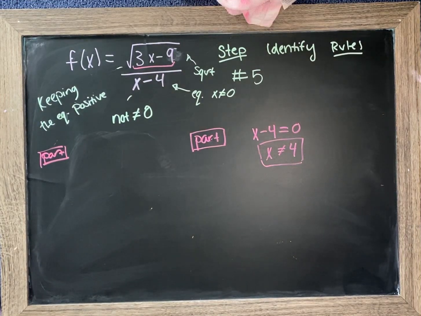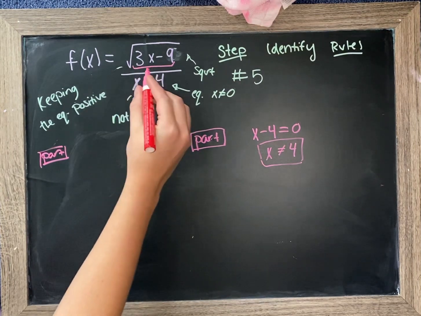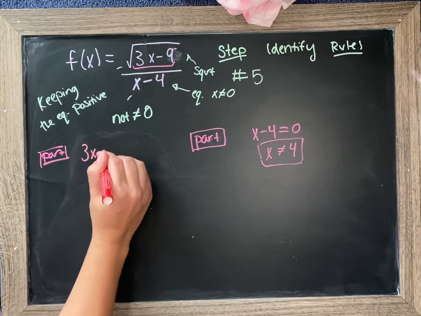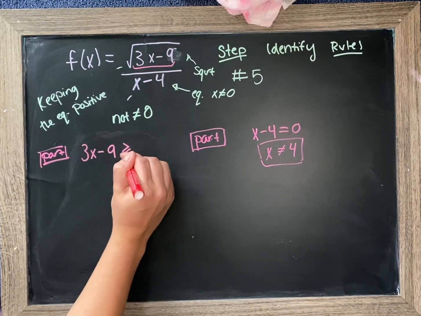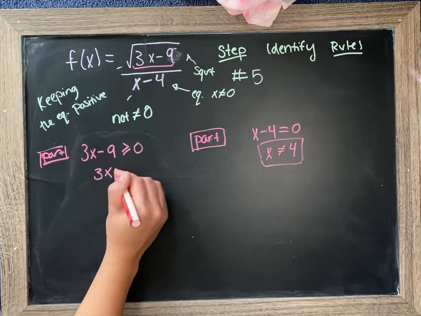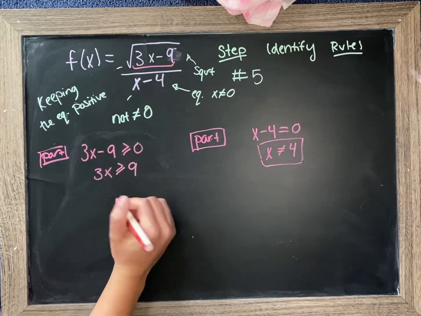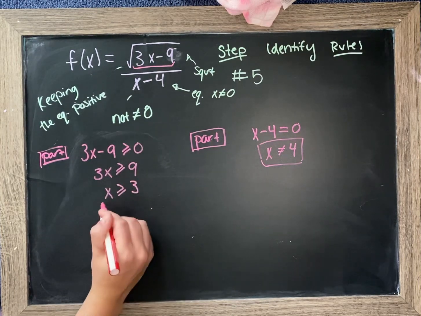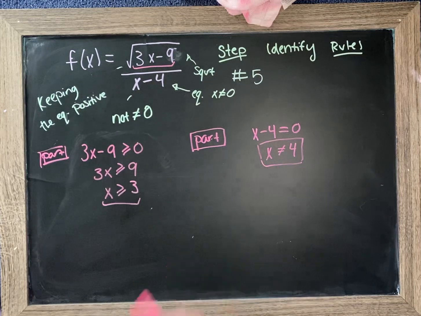All right, so again, we are working with the problem if we had the number 9 instead of 15. So I will show you guys how we would go about this and how you will write it in interval notation. So first, we're going to set our 3x minus 9 to be greater than or equal to 0. You're going to add 9 to both sides. So now your x is going to have to be greater than or equal to 3, and your x also